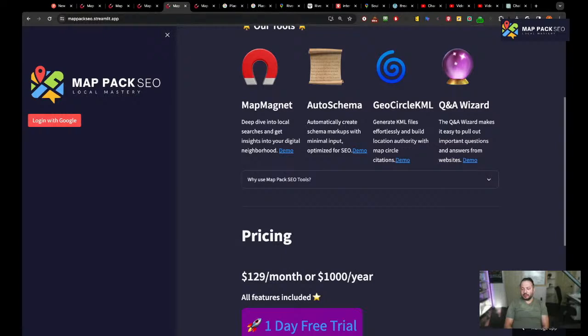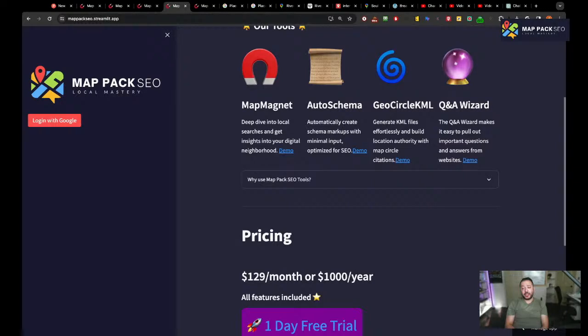So yeah, I create the schemas. What other schemas do you guys do other than the local business schema? The way schema works is with blocks, so you could have all the schemas that you want under the local business schema, right?